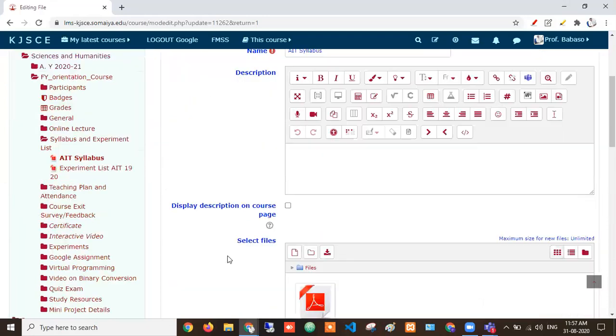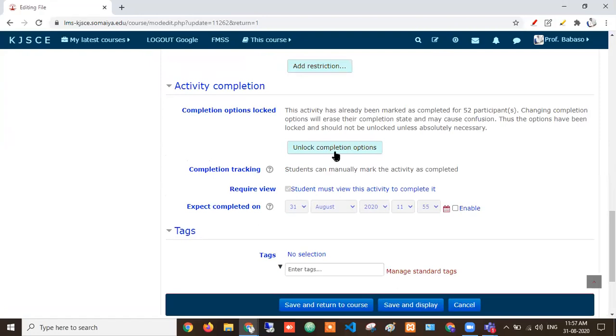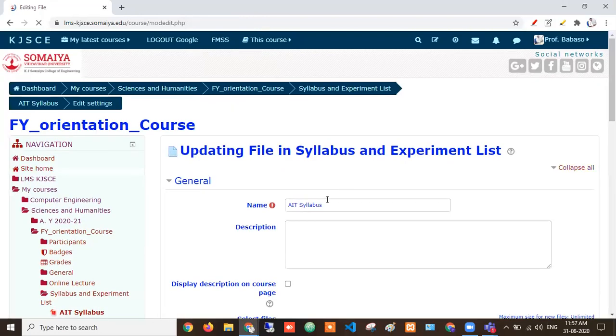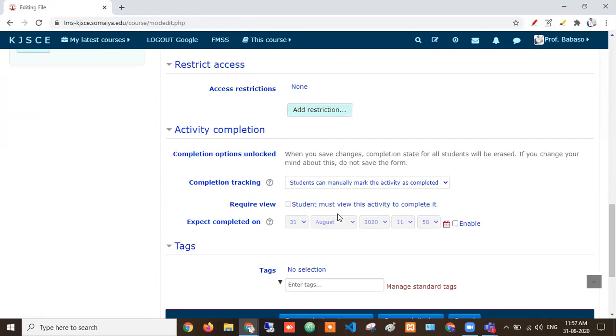Yes, ma'am. Sir, I have created some classes in Teams and added them in the calendar as per my schedule, for example every Friday 1:15 to 3:15. If I copy that link in LMS during labeling, will it be displayed in both? Yes, ma'am, it will always be visible there. Okay.